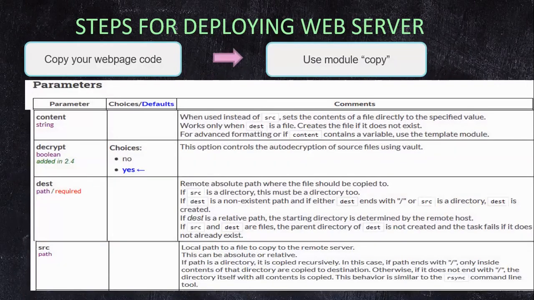Now, again, referring to Ansible's documentation, with respect to this specific module, copy, we have different parameters available. I'm interested in giving the parameters source and destination. Source will be from where I'm copying. My code will be on my Red Hat system. That will be the location of my web page file. And the destination will specify the path on my remote server where I want the configuration to be copied.